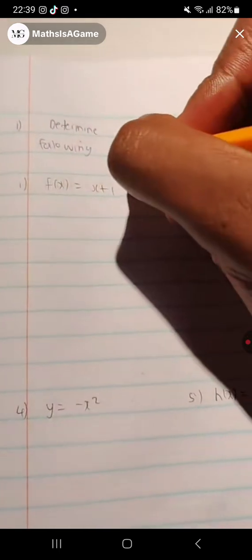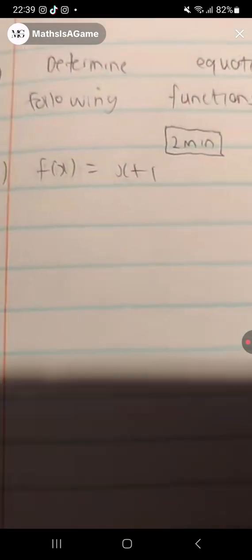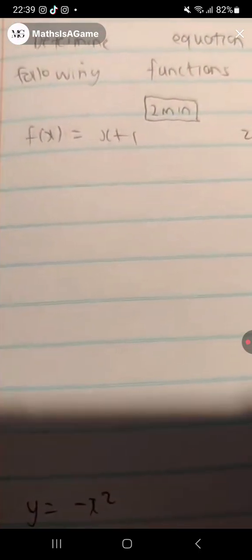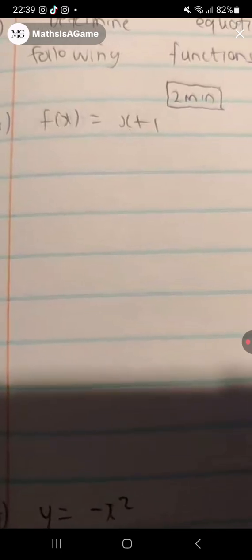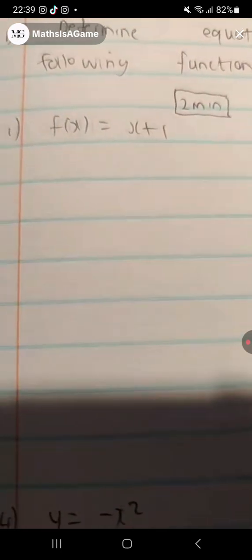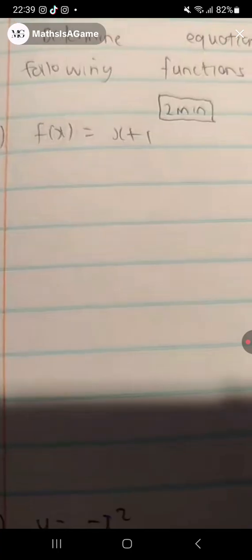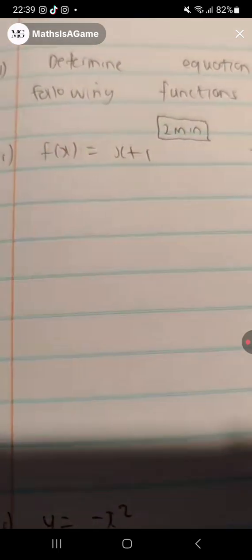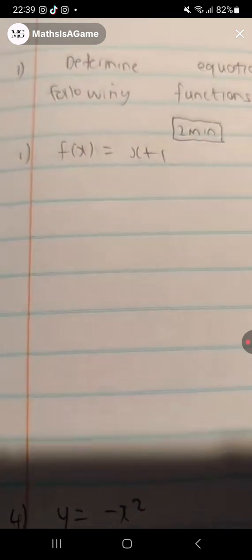2 minutes, guys. 120 seconds. Find the inverse. I'm literally meaning 2 minutes, literal. 22:39 and 22:42. The answer must be done. F of x is equal to x plus 1. Do me. It's fine. We're going to wait for everybody else. So it's to me at number 1 for the first one.